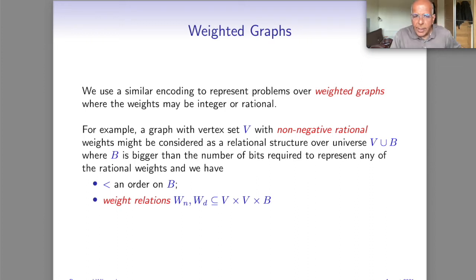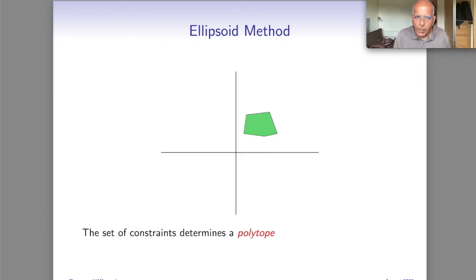And I really want to emphasize the point that B is a linearly ordered set, but V is not. And this is important in the sense that we're really concerned with the symmetries, with computation that preserves the symmetry of the structure we're representing, like a weighted graph. So it's important we don't impose something like an ordering on V or anything that would break this. And this kind of choice of representation is meant to have that crucial property.